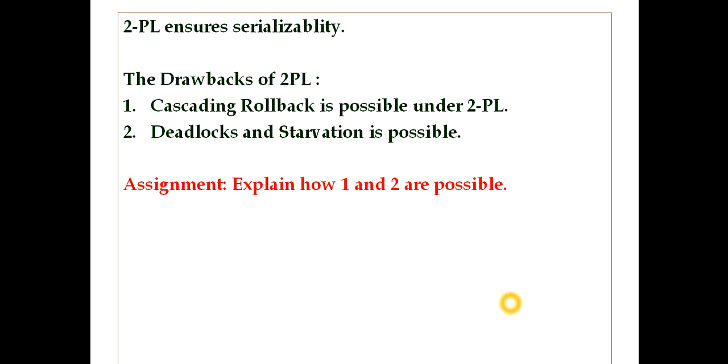Suppose transaction T1 is getting every resource, but transaction T2 is waiting for a single resource for a longer period of time. It is requesting, but it is not assigned that resource. So that is a case of starvation. And deadlock: see, suppose we have two resources, R1 and R2, and P1 and P2 are two processes. R1 is assigned to P1 and R2 is assigned to P2. But P1 is again requesting resource R2 without releasing R1, and P2 is requesting resource R1